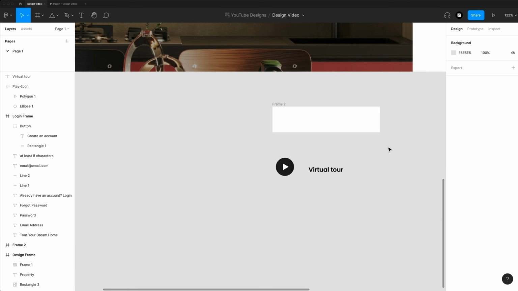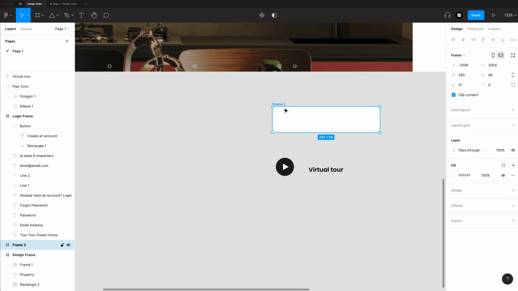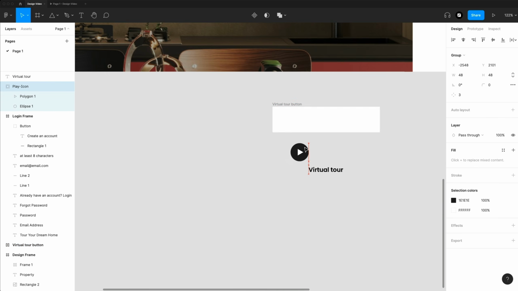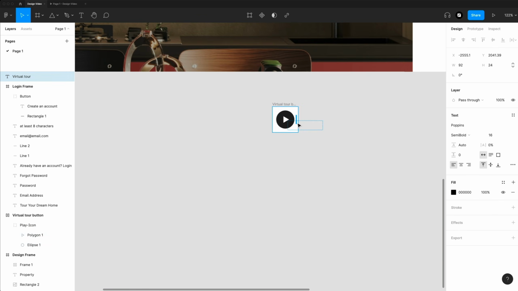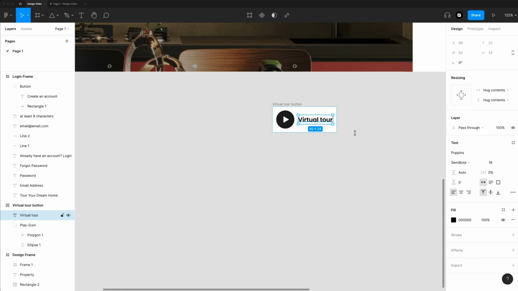And now we can start to build this button. So we're going to use our frame here. We can actually give it a name. I just called mine Virtual Tour Button. And we're going to set it to Auto Layout. So now when I go and drag these elements inside of this, you'll see that they're going to position according